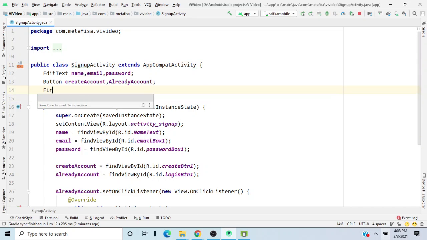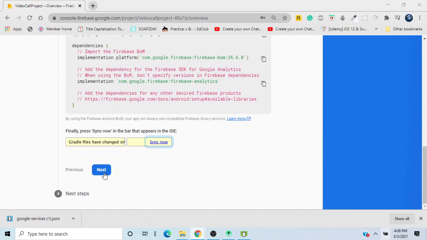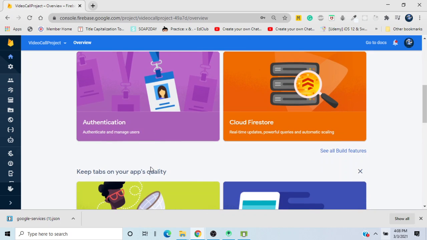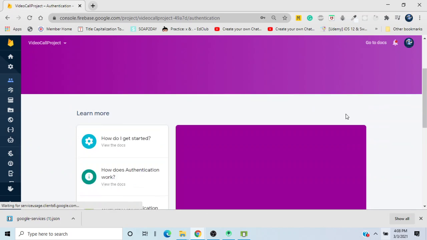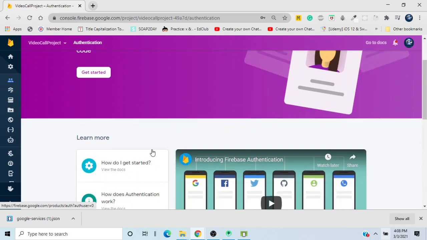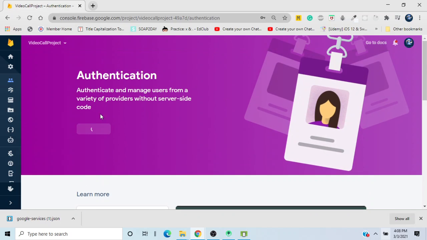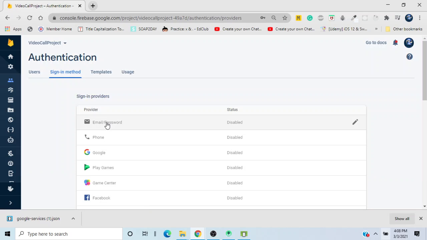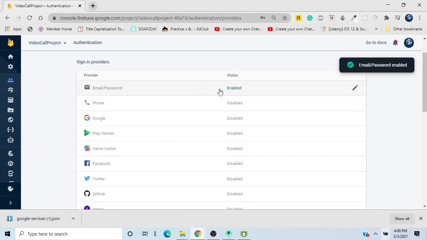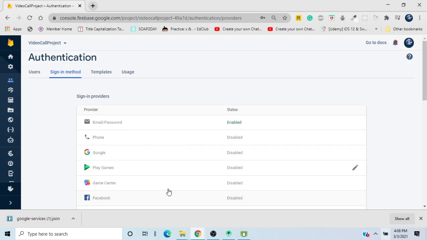Okay, before creating the Firebase auth, we will have to integrate Firebase auth in our application. So press next, continue to console, and go to authentication. Okay, where is it? Get started. Okay, so press enable, save, and now